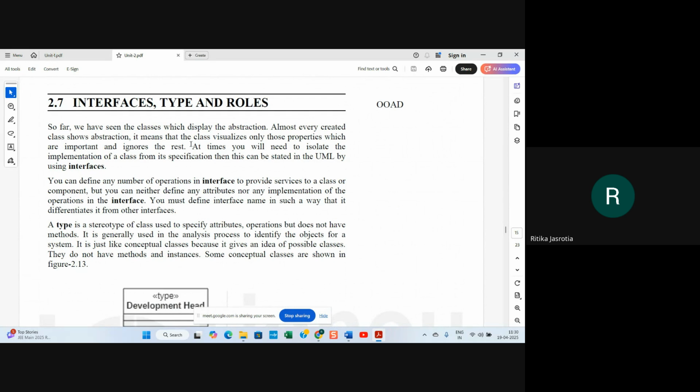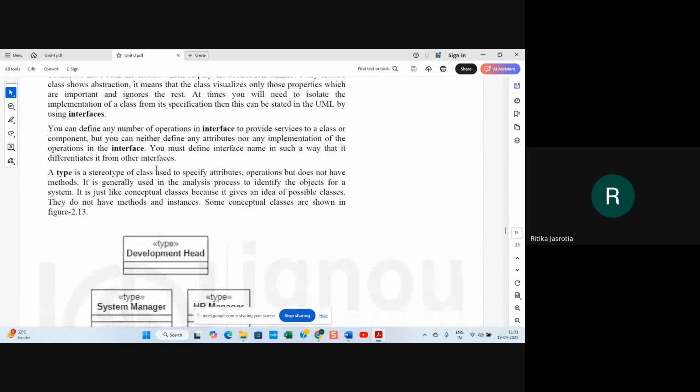So far we have seen the classes which display the abstraction, right? At times you will need to isolate the implementation of a class from its specifications, and this can be stated in the UML by using interfaces, right? So almost every created class shows abstraction. It means that the class visualizes only those properties which are important and ignores the rest. So at times you need to isolate the implementation of a class from its specification.